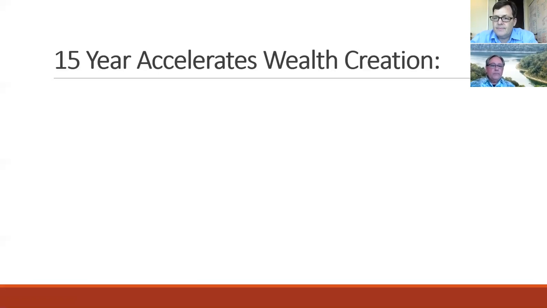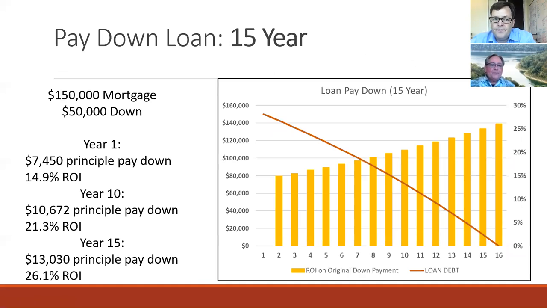Go ahead, Mike. 15-year accelerates wealth creation. This is where it gets real exciting. Paying down the loan in 15 years, $150,000 mortgage with $50,000 down. If you look at the chart, you can see that in 15 years, the 16th year, the loan is paid